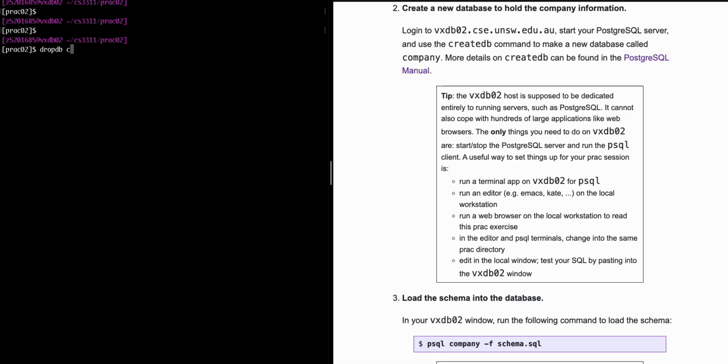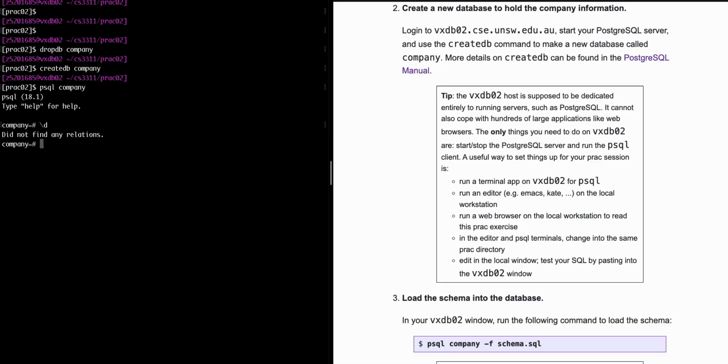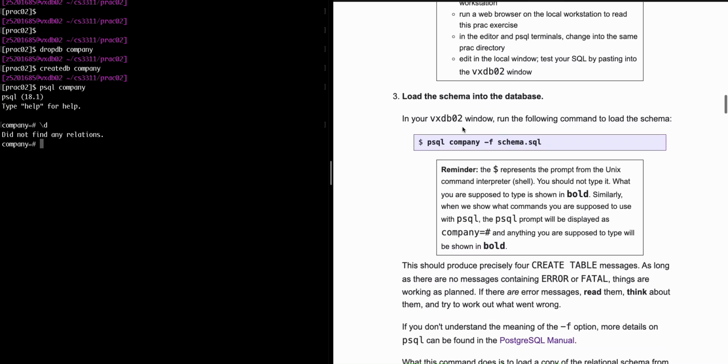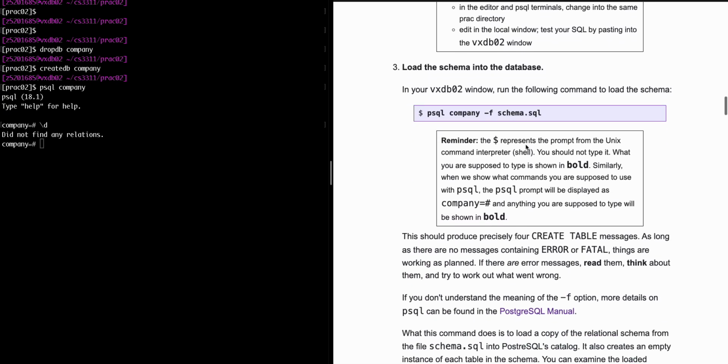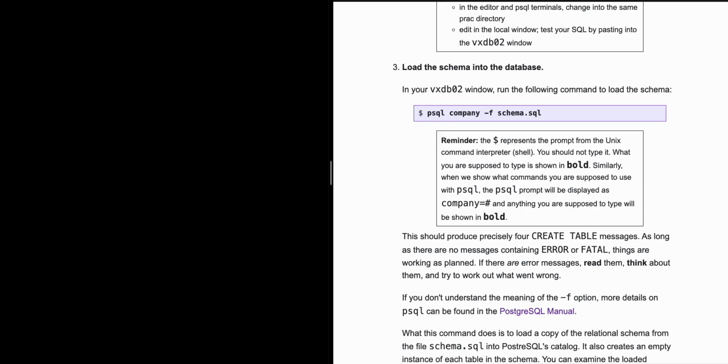Let's just drop that. Let's drop db company and recreate it, createdb company. And then at this point, if you connect to the company database, it is empty. So first things first, you want to load the schema into the database. At this point, the schema is a very basic one that does not have enough constraints. So you can load that, and if you investigate it,